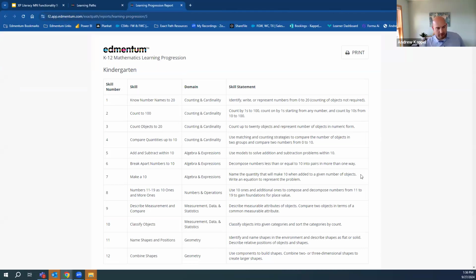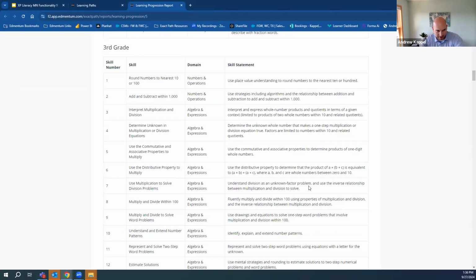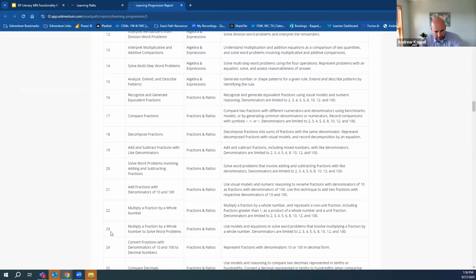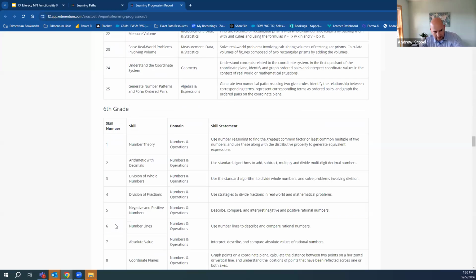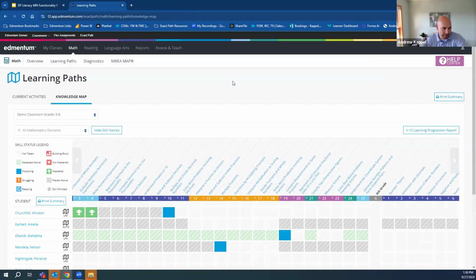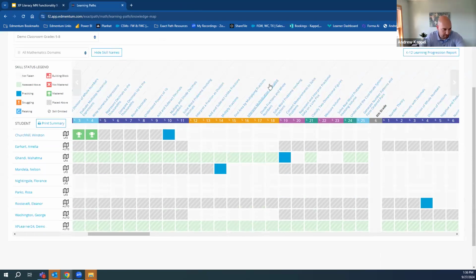So if you're thinking about placing a student on a learning path in a different place than maybe what the diagnostic showed, you can come in here and look at the skill progression and see what order these skills are going to go in. So it might be a nice place to cross-reference and look at some of those scores on both the diagnostic and your TABE results.